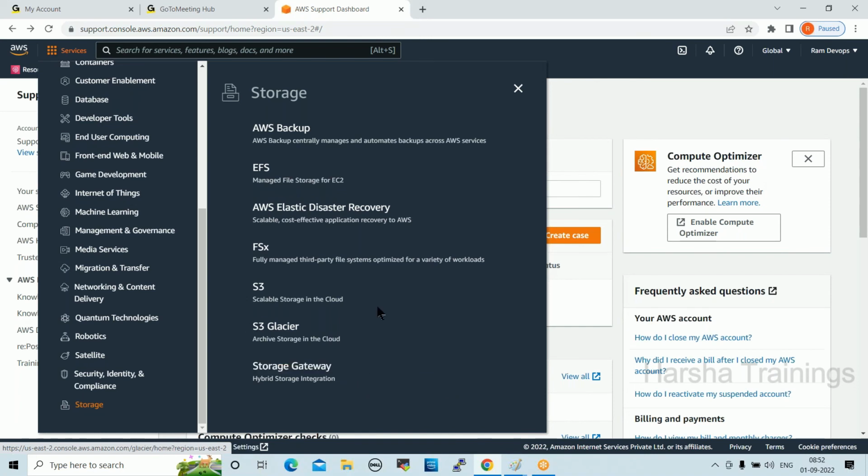Okay. And also we have one more storage, which is EBS, Elastic Block Storage. That storage we use for servers. We connect with servers. Okay. So while working on storages, we'll go deep dive. And also